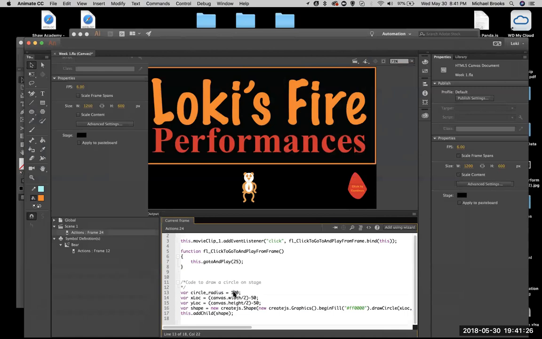We're going to go to, we had it at 200, right? Canvas width divided by 2 minus 50. Well, that's because that was at 100. 50 would be right at the edge of 100, right? So now, if I'm going to make the radius 100 and have it in the center,